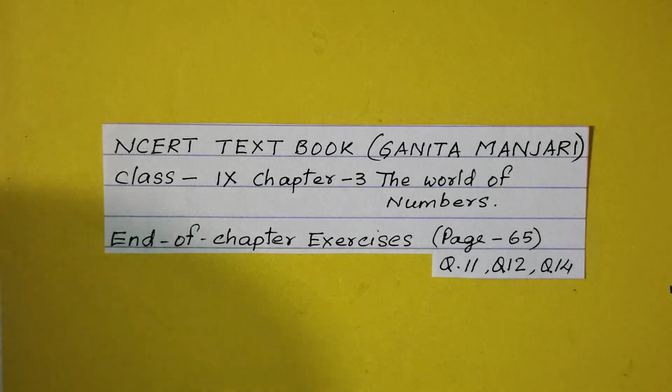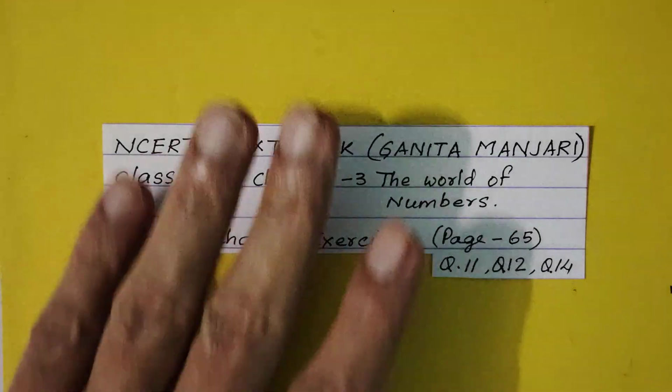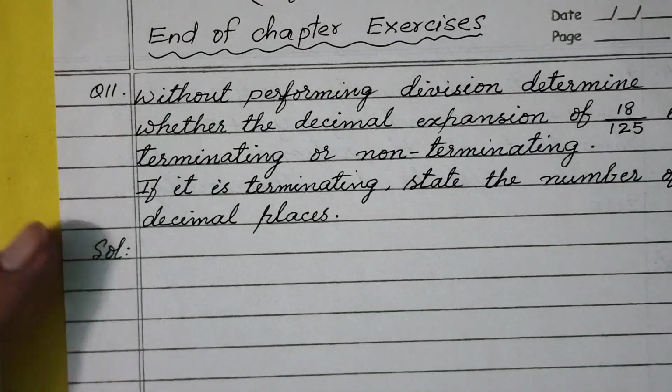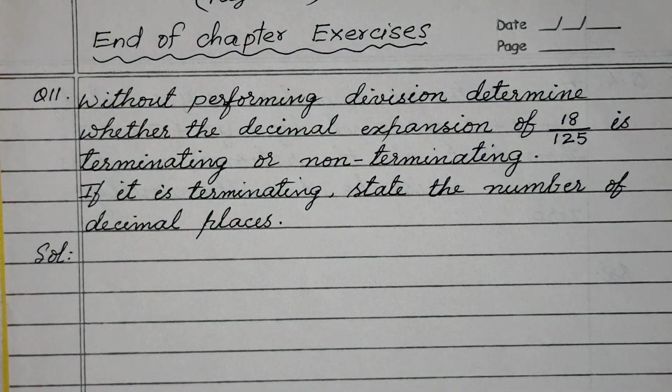In this class, we'll solve sums from NCERT textbook, class 9, chapter 3, the world of numbers, end of chapter exercises. It's on page number 65. We will solve question 11, question 12, and question 14. The question 11 says,